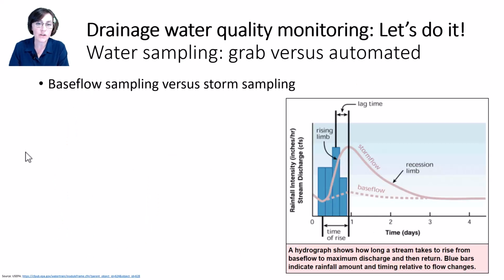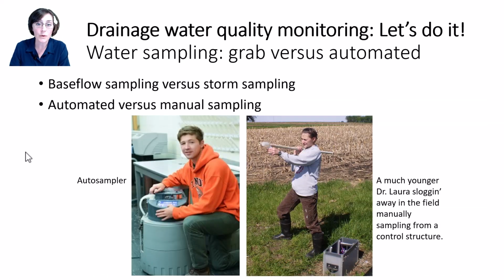Why does base flow versus storm flow matter for water sampling? Sampling during storm events is much more difficult than sampling base flow. It's hard to exactly predict when storms will occur, and they like to occur outside of traditional work hours. It can also be dangerous to be out in storms. As a result, we often use automated water sampling equipment so that personnel are not forced to be out under those adverse conditions.